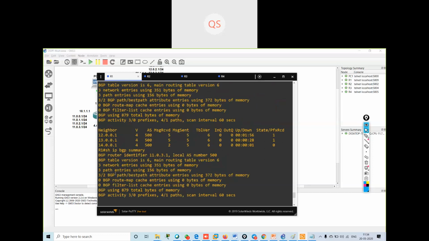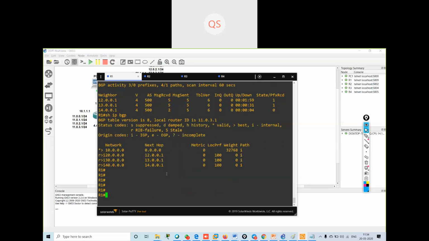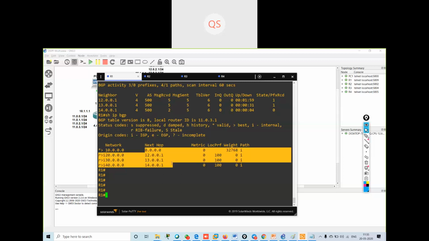So these three things are considered: AS path. If I see over here, BGP path, AS number. So these three things are considered when I make the neighborship. See, AS path has been considered. Then the next thing, origin has been considered, where the route is from. Origin has been considered, and the next hop. So this gives me the path from where I am getting the routes, and this gives me the next hop address.